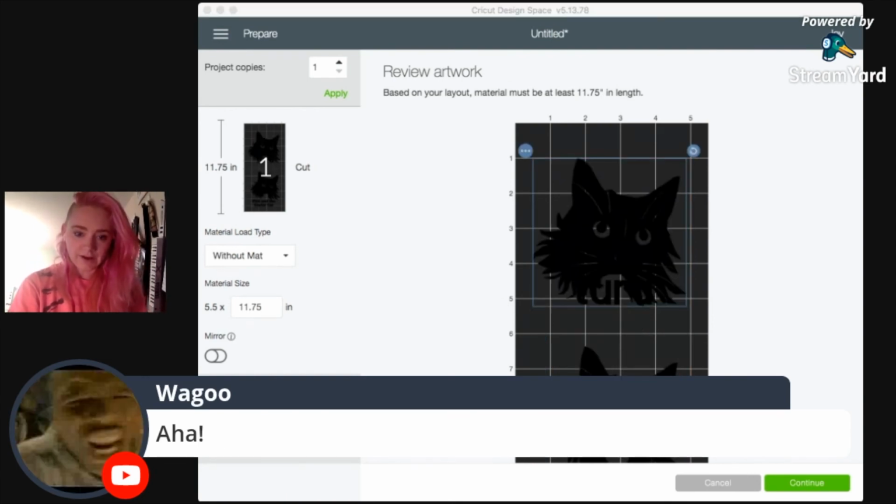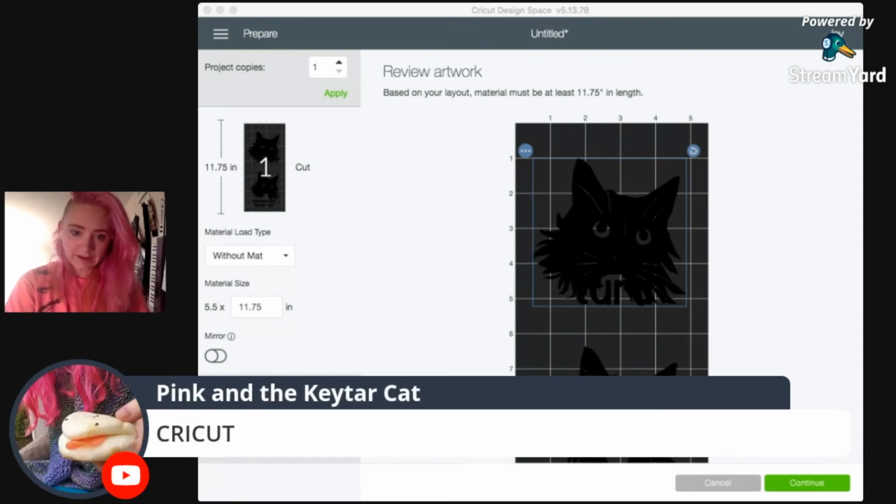Also, just for the record, Cricut is spelled like this, and it's pronounced like this. And I work at a craft store, and the number of people who come up and try to tell me that it's a different pronunciation when I got trained by the company as to how to pronounce it, they're like, it's Cricut. I'm like, it's really fucking not. And here I am just in the chat talking to myself.